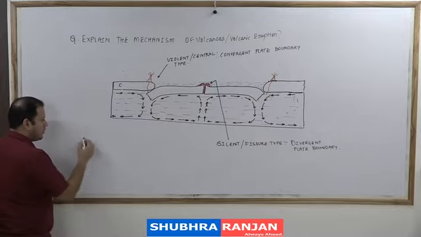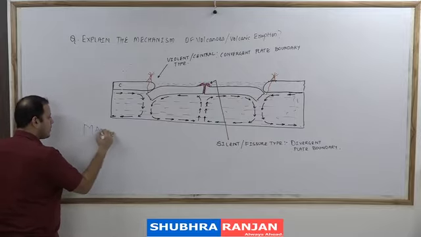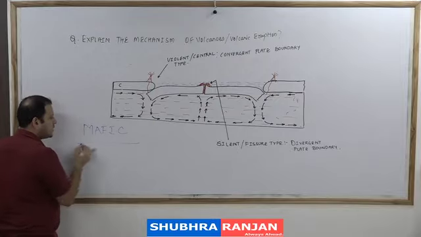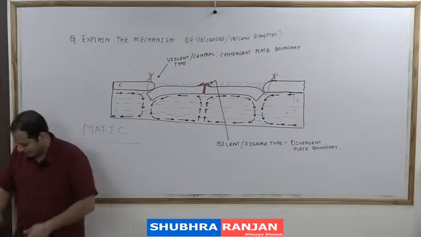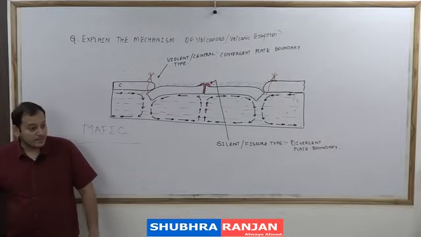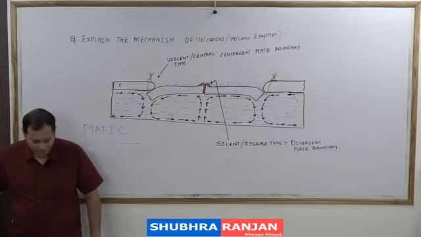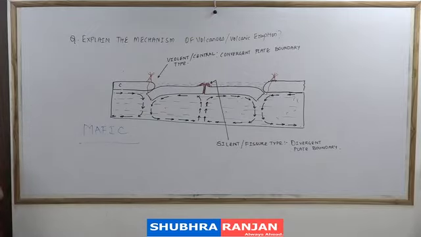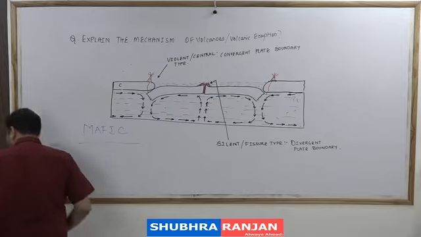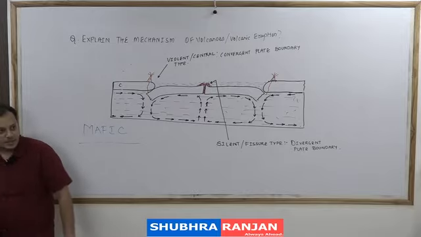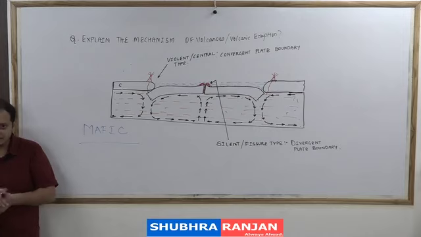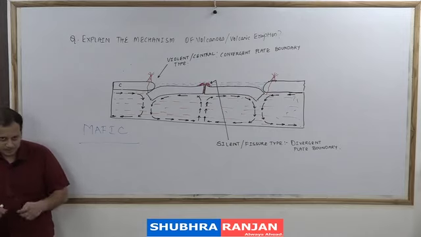I will give you one more word, mafic in nature. Meaning is rich in iron. Mafic matlab basic. Why basic? Because it is rich in iron. Mafic in nature. Rises upwards